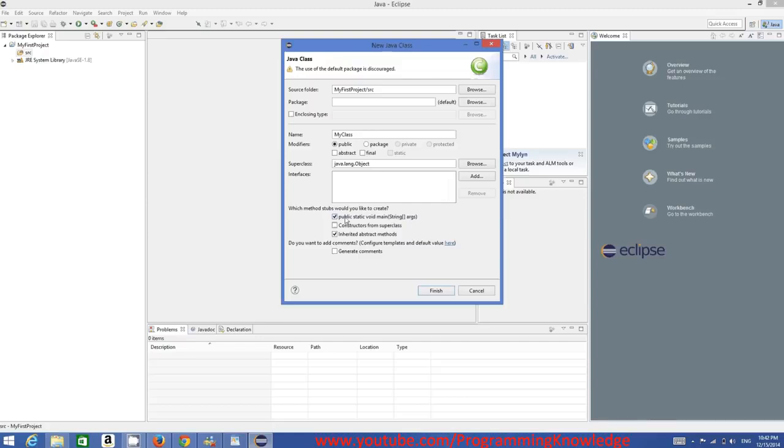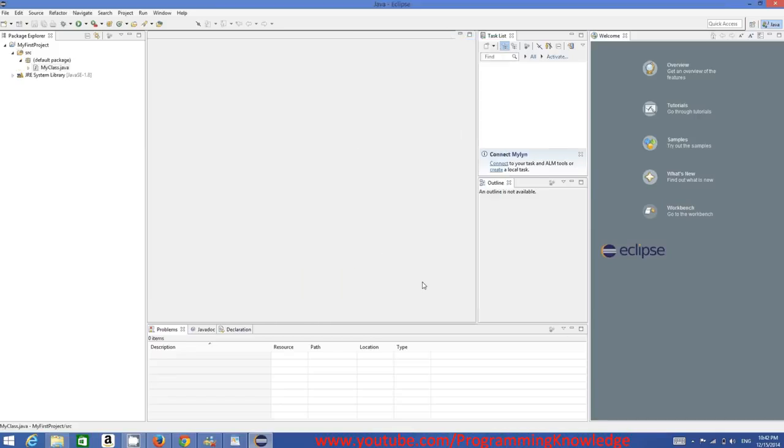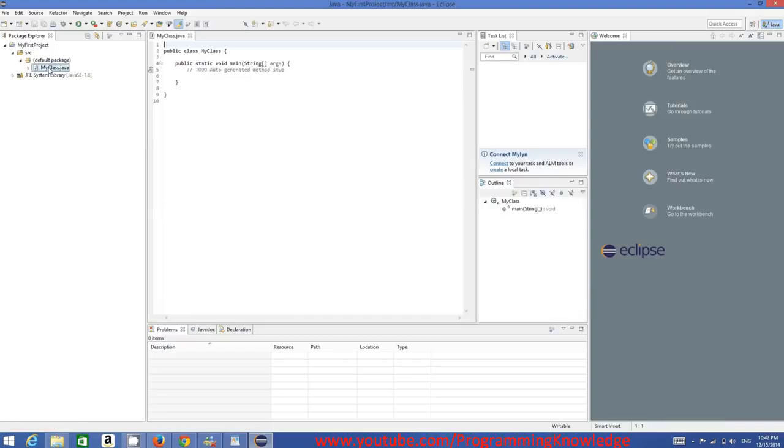Okay, so just check this option here, which will create a main method. We will see what classes and the main method are in Java, but for now we just want to check whether it's working or not. Just click Finish, and it will create a class called MyClass.java,